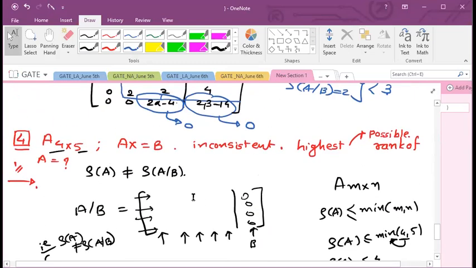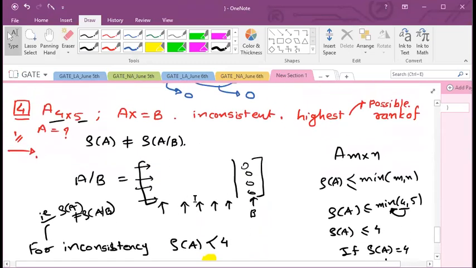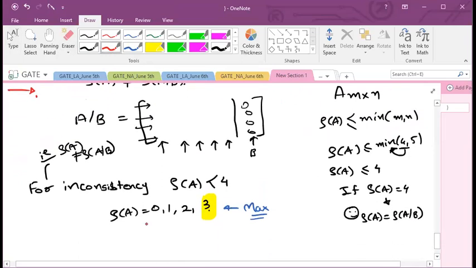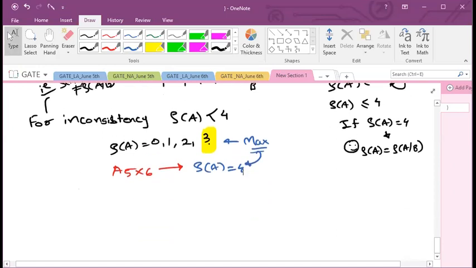Okay. You can expect a similar type of question, right? Now, why is this a 1 mark question? Now you know this question carefully, clearly, right? So if in the question they have asked it is a 5 by 6 matrix, then can you tell me, if A is a 5 by 6 matrix and the same condition, then here the maximum rank of A will be? Here A was 4 by 5. Yes, very good. So here rank of A will be 4, or the maximum rank of A will be 4. Okay, great. Now question number 5.